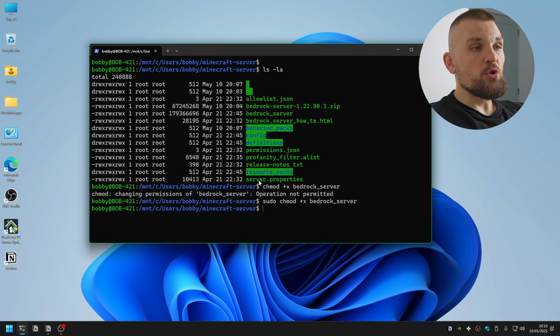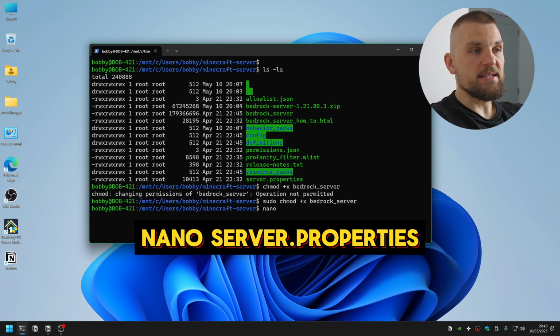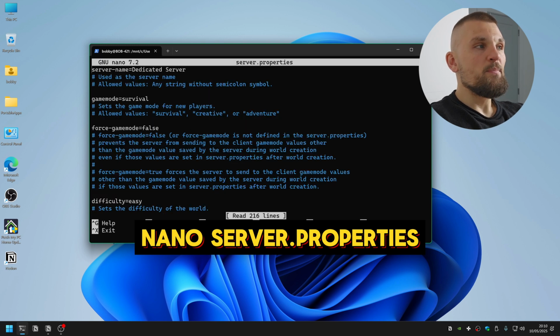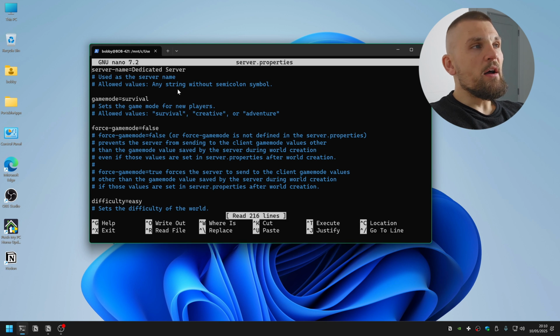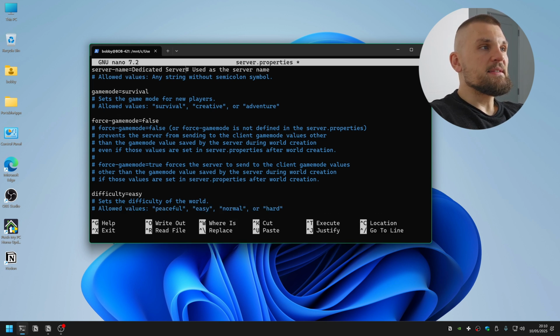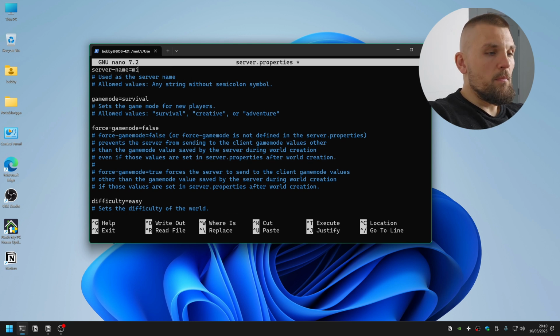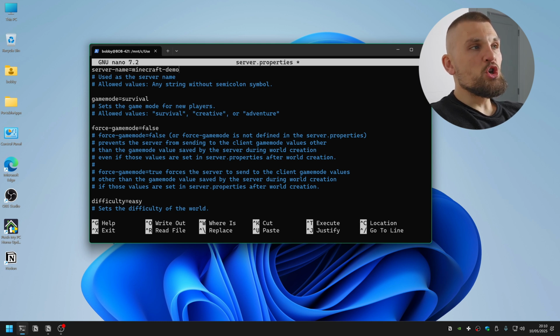Now, the next thing we need to do is change some properties in the server.properties file. So we're going to type in nano because that's a text editor. Then I'm going to type in server and then autocomplete with tab. And here we are. Now, there are a few changes that you can make. The first one is right at the top, and that is the name of the server. I'm going to call it Minecraft Demo because I don't have much imagination, but you call it whatever you